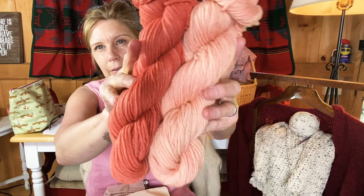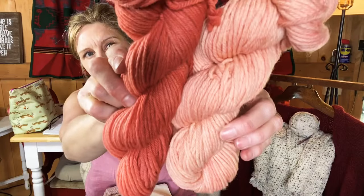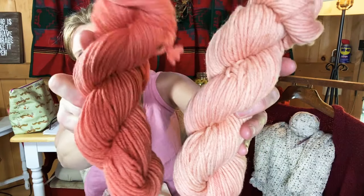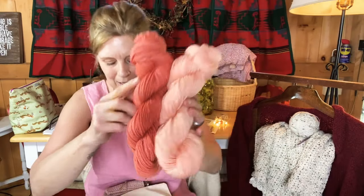All right, here's a couple other beautiful skeins of madder. I'm obsessed with madder root. I can't get over how pretty it dyes things. Just beautiful. So, first bath, last bath. Speaking of dyeing,